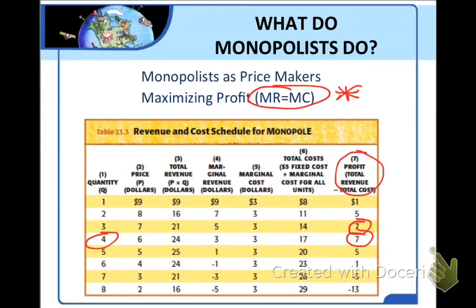Maximizing profit isn't all about choosing the right quantity. The monopolist must also choose the right price. Fortunately, that's even easier than choosing the right quantity. To maximize profit, the monopoly chooses the highest price at which it can sell the profit-maximizing quantity. The first 2 columns in this table provide a demand schedule, right there, of the quantity that would be sold at each price. We can see that the highest price at which 4 units would be sold would be $6.